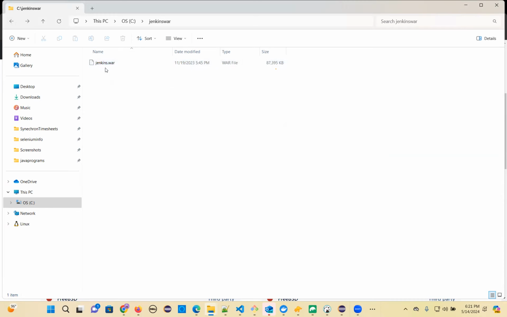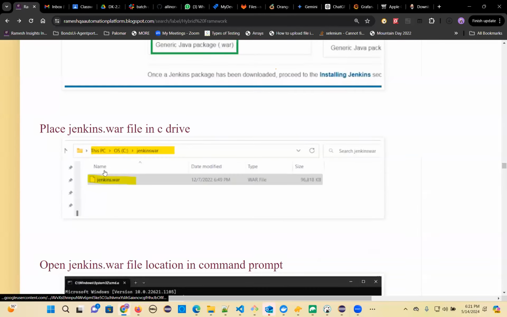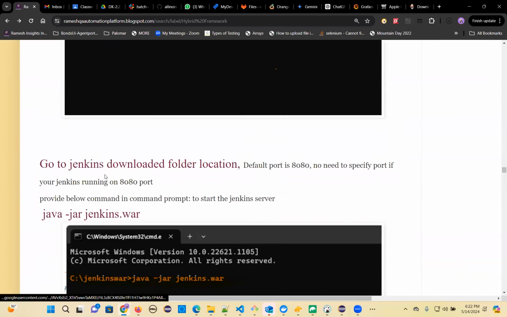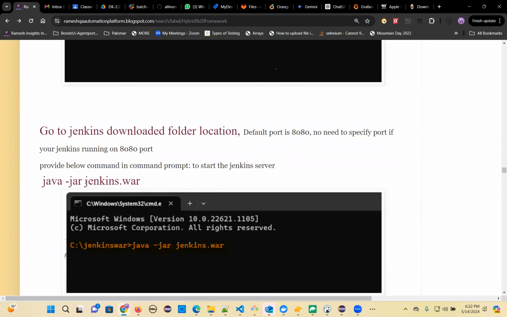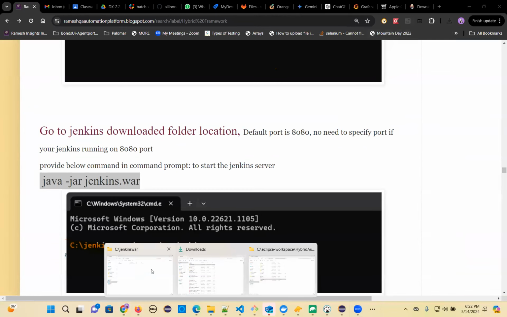Once this jar file is available, open the command prompt and you can trigger it. Once you download it, go to the place where the Jenkins war file is and open that location in the command prompt. Just give this command: java -jar jenkins.war. It will start Jenkins. Okay, so I'm going to that location and I'm going to start it, because maybe I have the old Jenkins, I'll delete